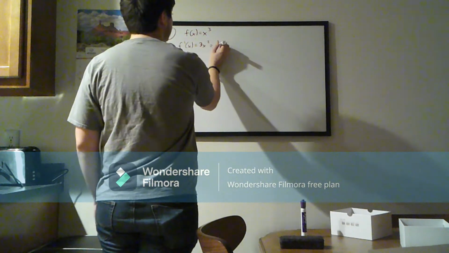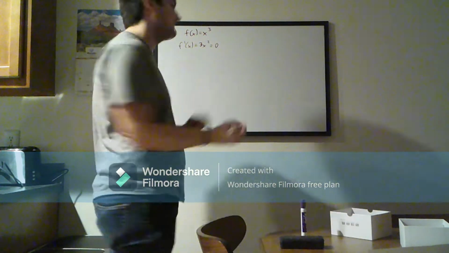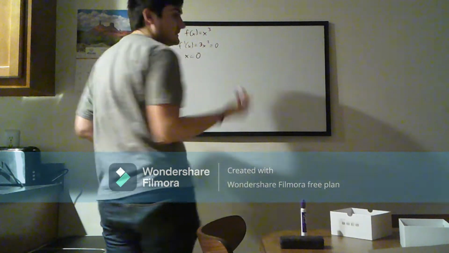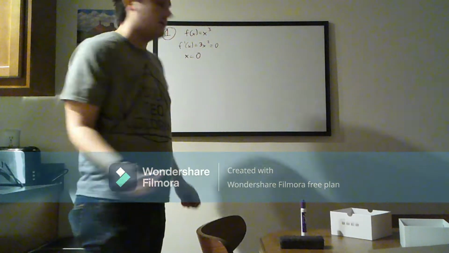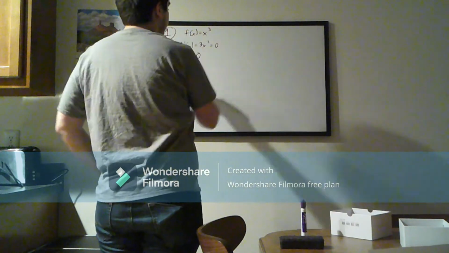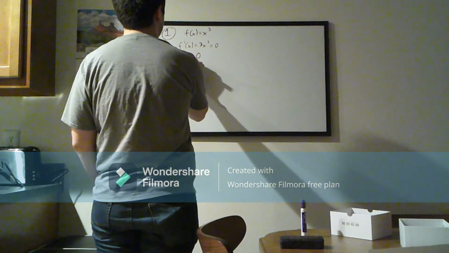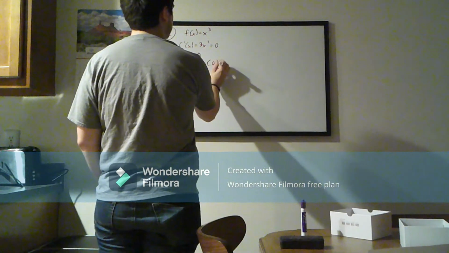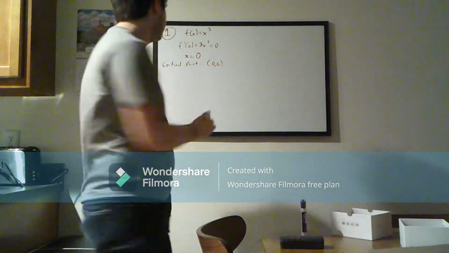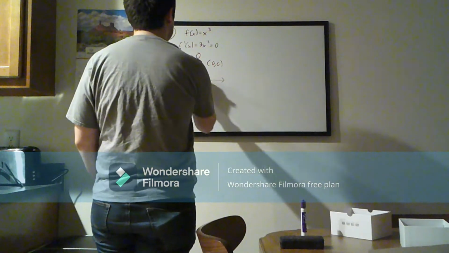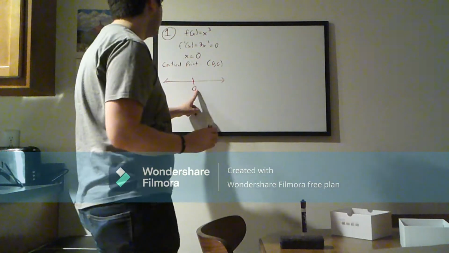And when I set that equal to 0, there's only one option, right? And that's x is 0. Great. However, you could plug that into the function, so our critical point in that case would be (0, 0). However, when I do the first derivative test,